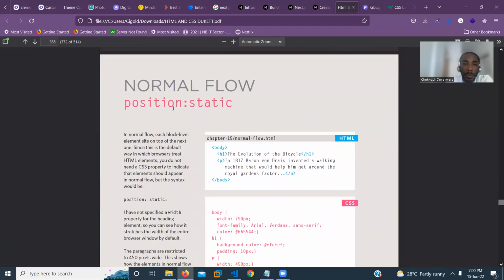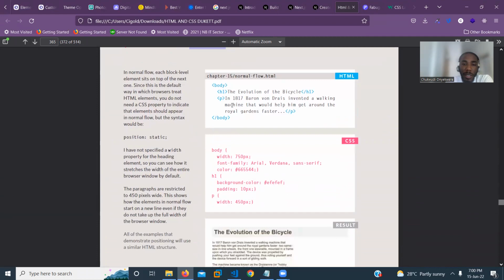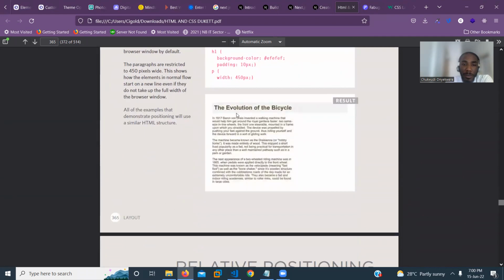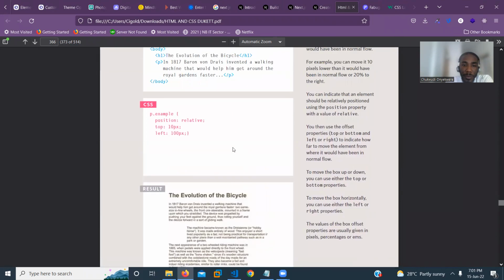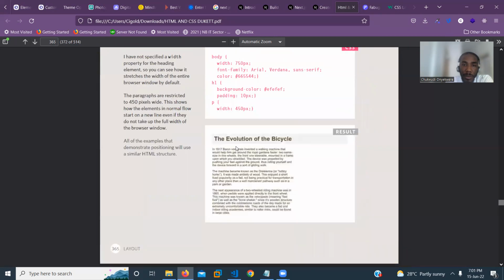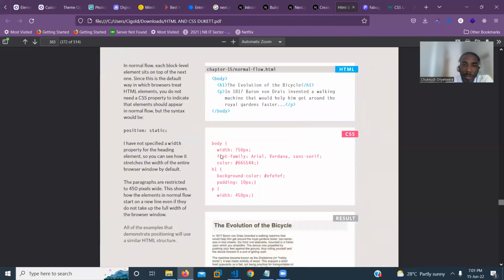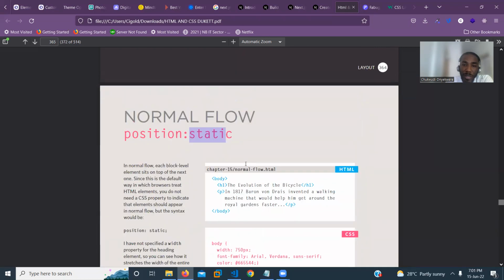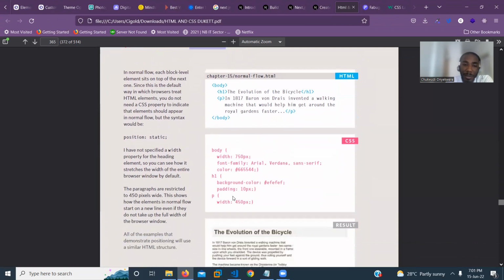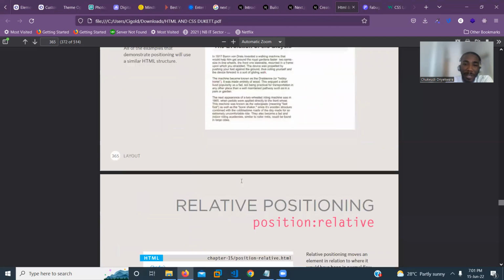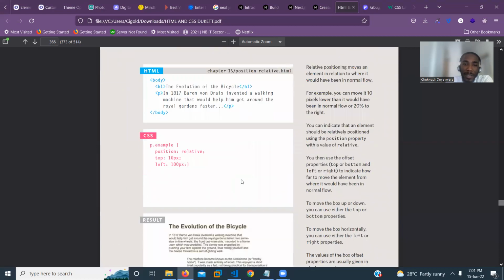So now let's look at the position property, the value static. You guys can try this out and see what they look like. By default, a page comes as static. The position of your web page comes as static by default, so you might not need to do anything or specify position static. By default, it's static. But then relative,